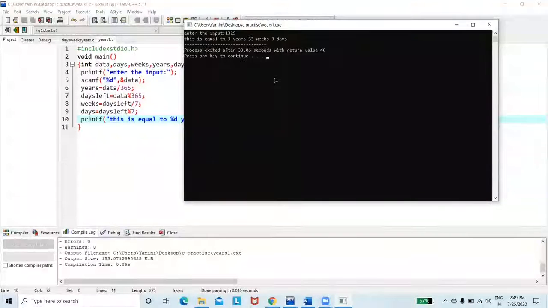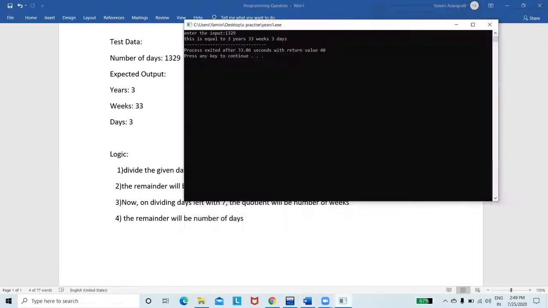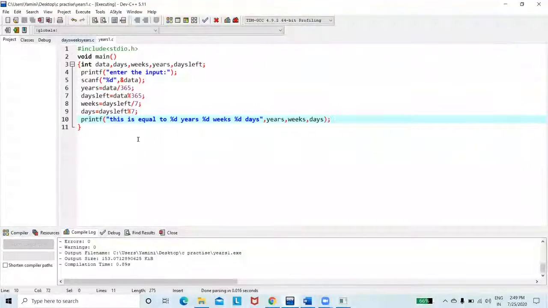Enter. So this is equal to 3 years, 33 weeks, 3 days. If you want, you can check it here. What's the expected output? 3 years, 33 weeks, 3 days. What did we get? 3 years, 33 weeks, 3 days. Wow. So our logic is correct. We are done with it. So this is the program for the given question.